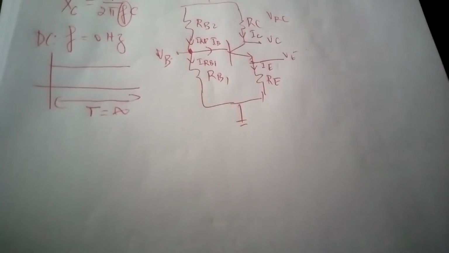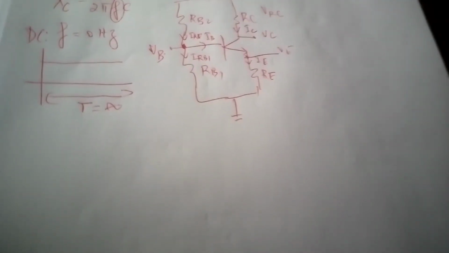Why actually? Because under DC, we know that the reactance of a capacitor, X, is 1 over 2 pi fC. At DC, the frequency is 0 Hz, because a DC signal is a signal that repeats itself at infinity. So it has a period of infinity, because the period is the time after which a signal repeats itself. DC never repeats itself. That means it has a period of infinite, which makes its frequency 1 over the period, which is 1 over infinite, which is 0 hertz.